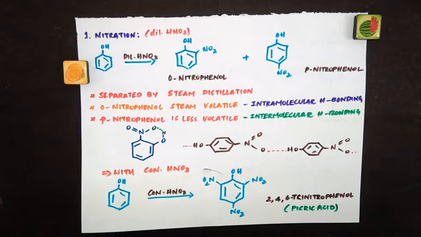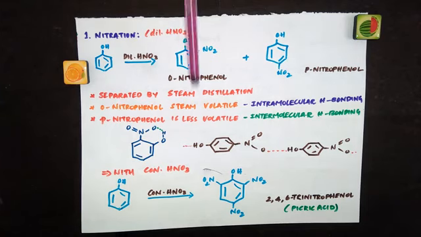And this mixture of ortho and paranitrophenol can be separated by steam distillation. A question will be asked: how can you separate orthonitrophenol and paranitrophenol, or why is it possible to separate these two by steam distillation? So the answer is, when you do steam distillation,